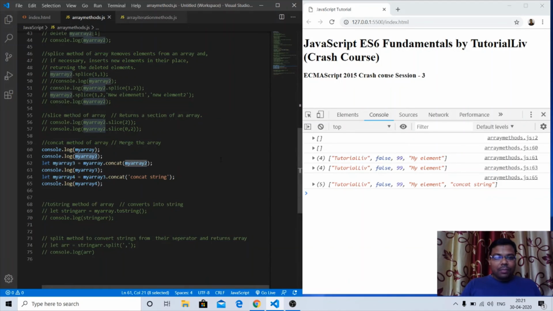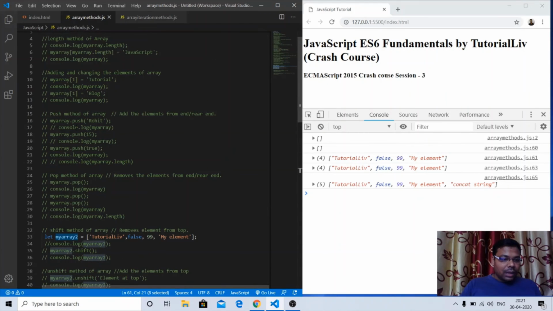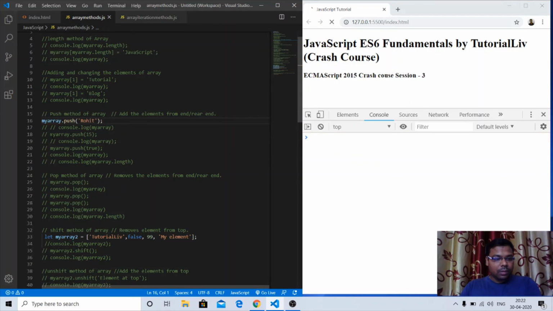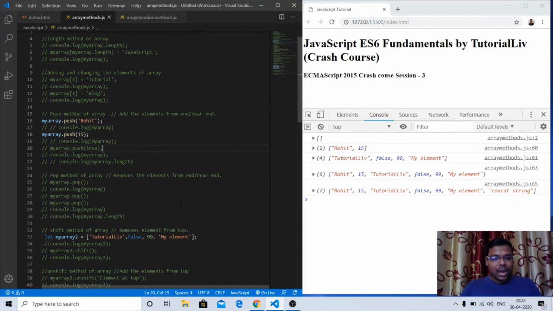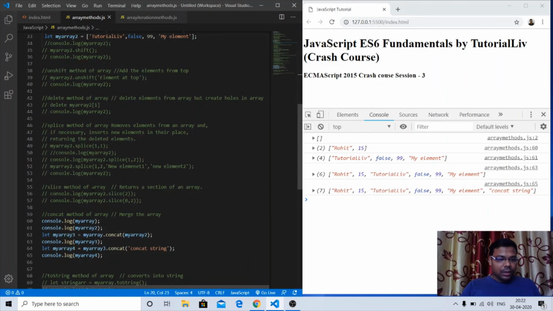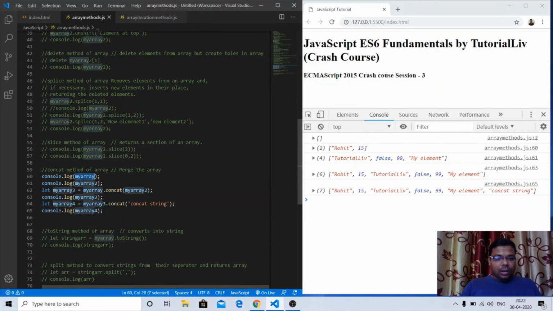If I add some elements in my array using the push method, I have added one element, then two elements. Now if I check here, in my array we have Rohit and 15, and in the second array, my array 2, we have tutorial live, false, 99 and my element. So it has two elements, and the other has four elements.